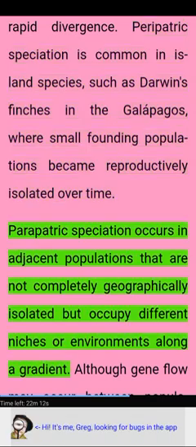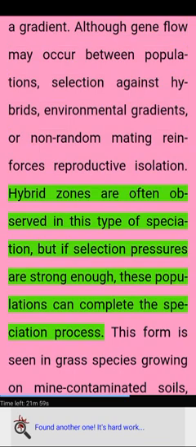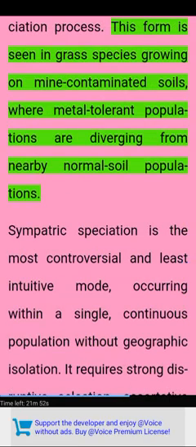isolated over time. Parapatric speciation occurs in adjacent populations that are not completely geographically isolated but occupy different niches or environments along a gradient. Although gene flow may occur between populations, selection against hybrids, environmental gradients, or non-random mating reinforces reproductive isolation. Hybrid zones are often observed in this type of speciation, but if selection pressures are strong enough, these populations can complete the speciation process. This form is seen in grass species growing on mine-contaminated soils, where metal-tolerant populations are diverging from nearby normal soil